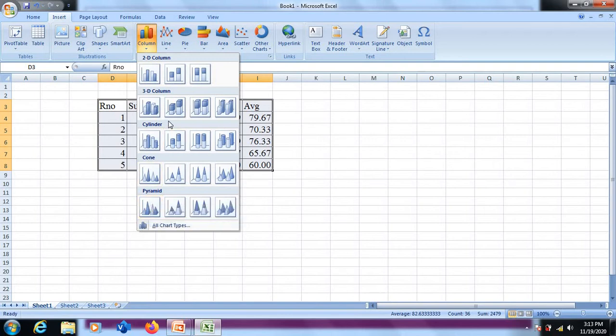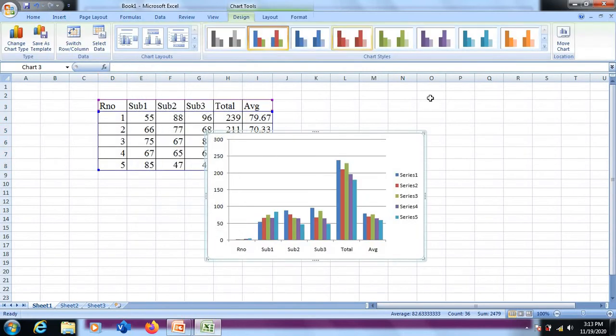Let me go with the basic one. Let me select 2D column chart. As soon as you click on the category of a chart, based on the selected data, Excel will create and insert the chart on your worksheet.